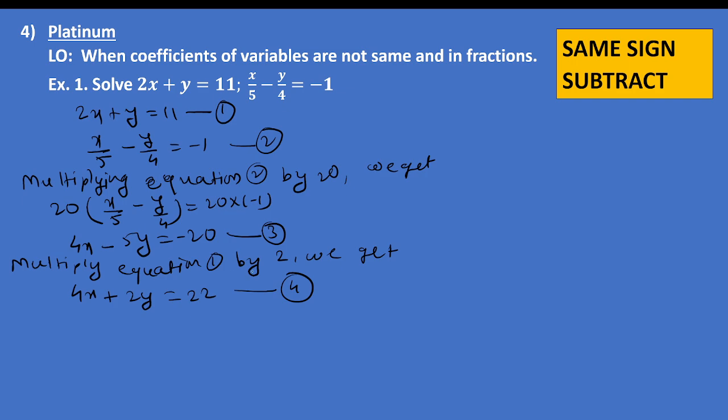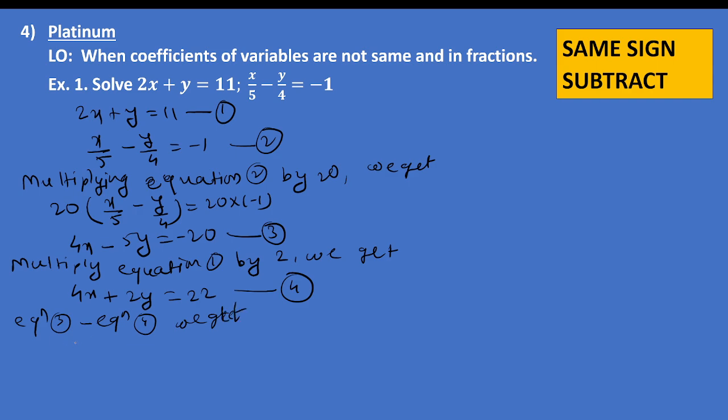Okay, so what we can do here is take equation number 3 and equation number 4. We are going to subtract equation number 4 from equation number 3. So equation number 3 minus equation number 4, we get